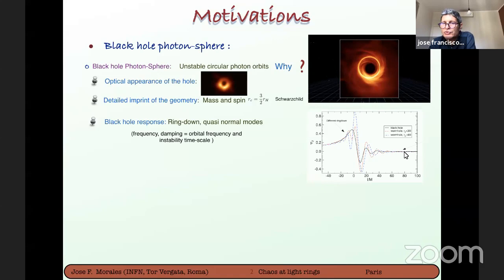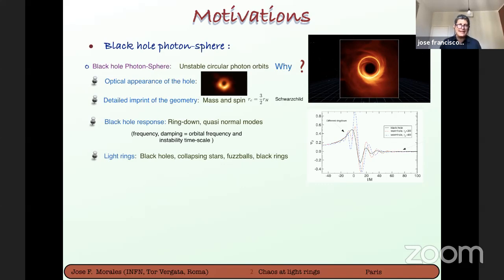Yesterday the focus was on these echoes, which are produced as small perturbations of the big ringdown signal. Those echoes depend a lot on the details of the internal region of the black hole photosphere. Today, my focus is on the main ringdown signal, and this depends only on the details of the light ring. For example, in this picture that I stole from a talk by Paolo Pani, you see various different ringdowns for various gravity solutions, and this is a way to distinguish them.